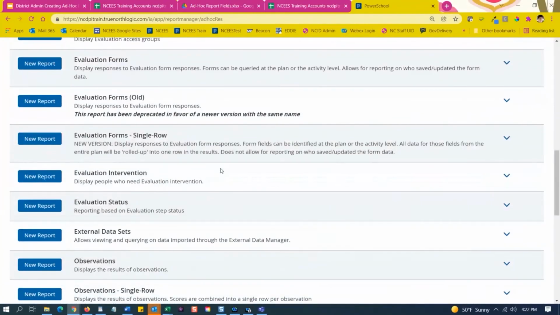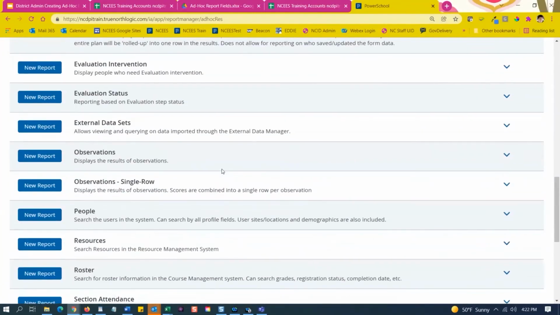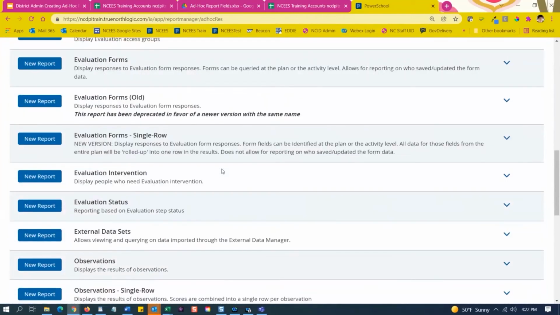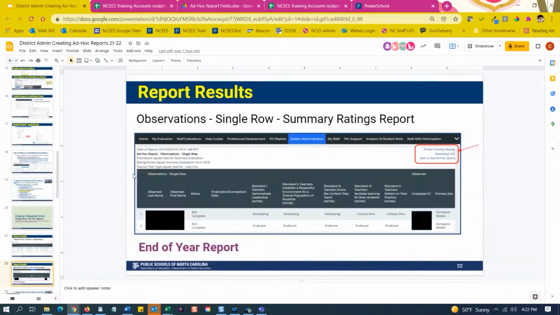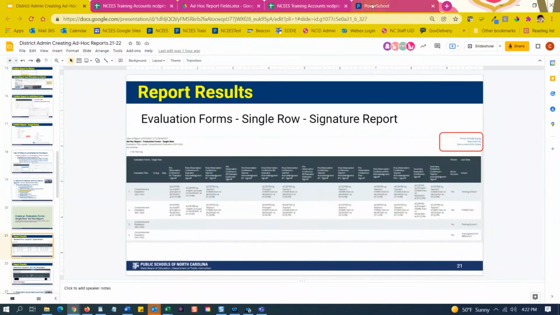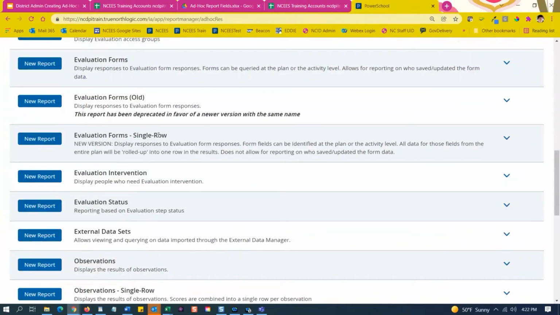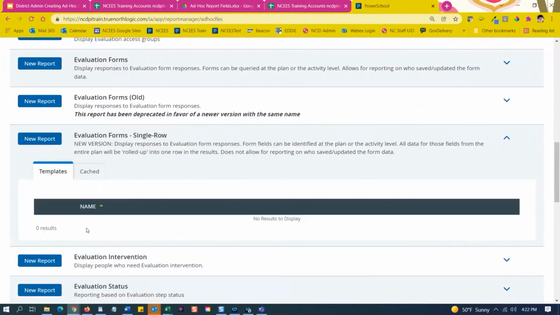And we're looking for evaluation. I don't forget what we're looking for. Forms. Okay, that's right. Evaluation forms, single row. If you expand this, there are no reports in training site, but there will be in the public site. In fact, maybe